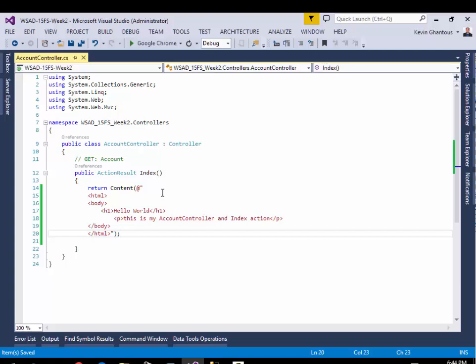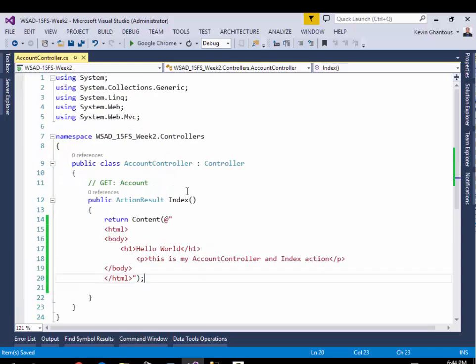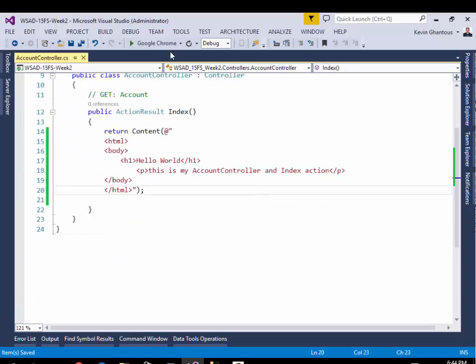Same stuff you would typically write in an HTML document. So if we compile this and run it,